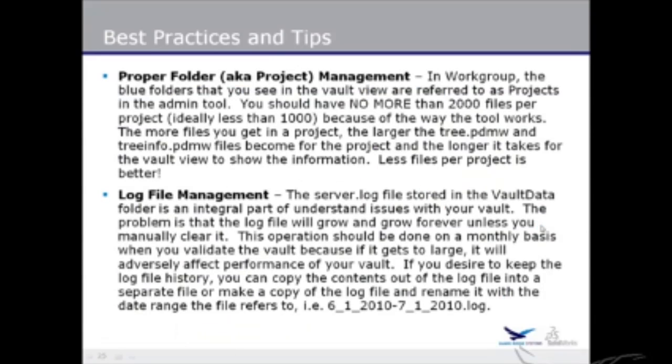Okay, the next thing is proper folder management. And this goes to one of the questions that I was asked about the working directory. This works on the server too. The way that Workgroup works, you should have no more than 2,000 files per project. Ideally, you want to have less than 1,000 files per project. And this is because of those tree.pdm files. As you start to add more and more and more information to those tree.pdm files, it takes longer and longer and longer to